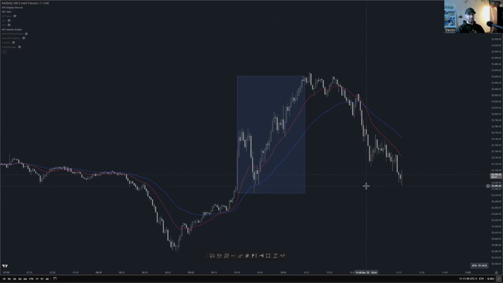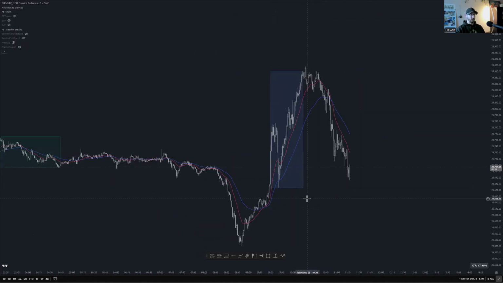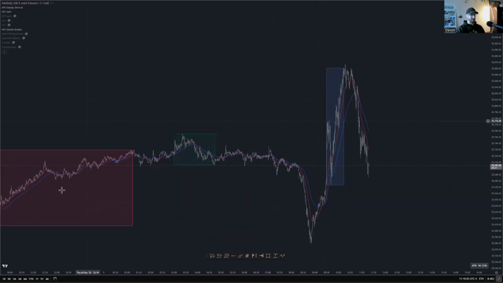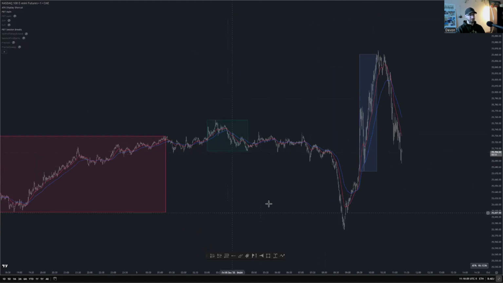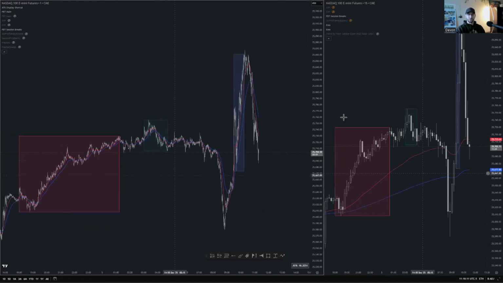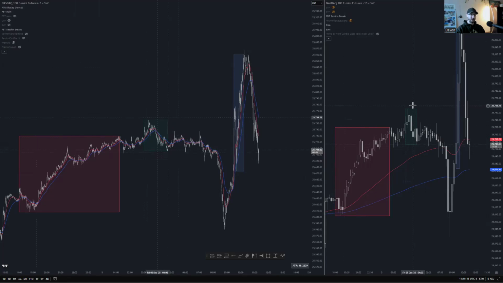So let's go over today. This is going to be Friday. I don't know when you're watching this, but this is Friday. Price action on NQ or Nasdaq futures. Right, I always have two charts on my screen. One's a higher time frame perspective, which gets me out of my head sometimes and lets me look at the overall picture.